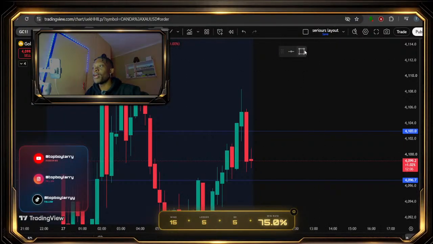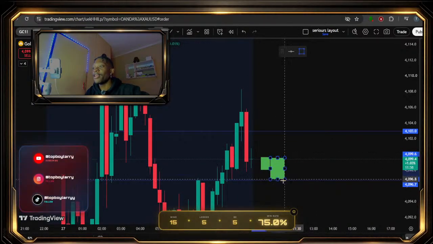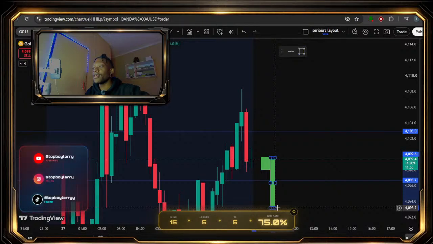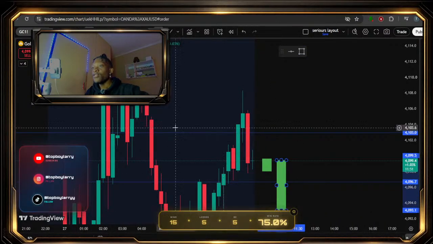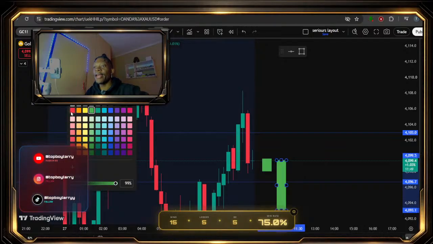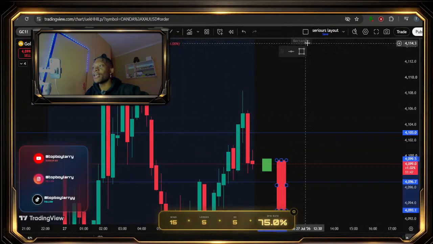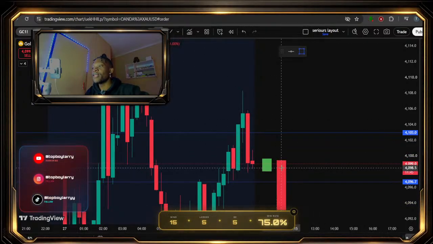I would rather wait for price to give me something like this, right? A closure back above, right? If we do get a closure back above like this, then the next candle closing back below in this area here, then I might just be interested in taking the sells, right? So these two types of closures, then I might be interested in looking for sells, waiting for price to basically